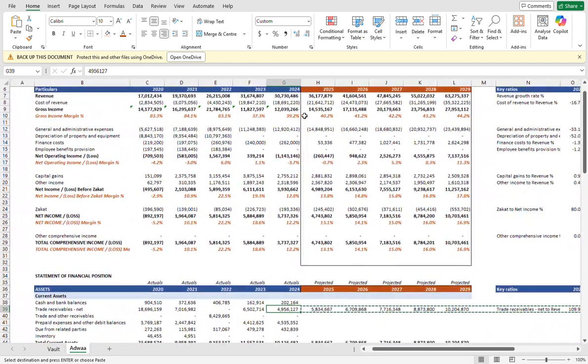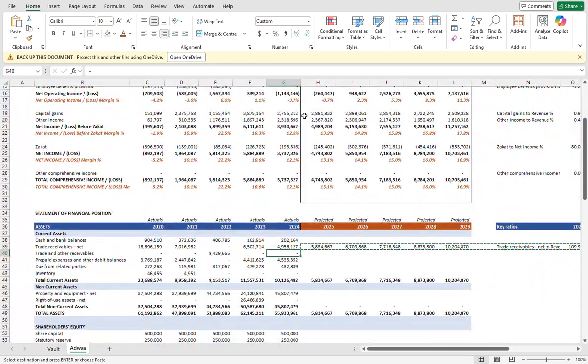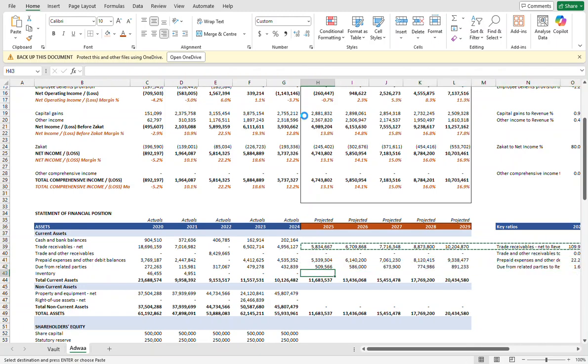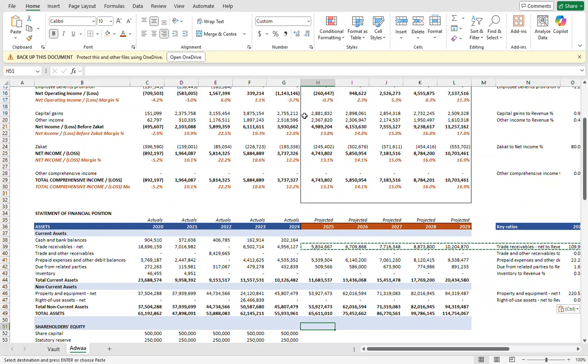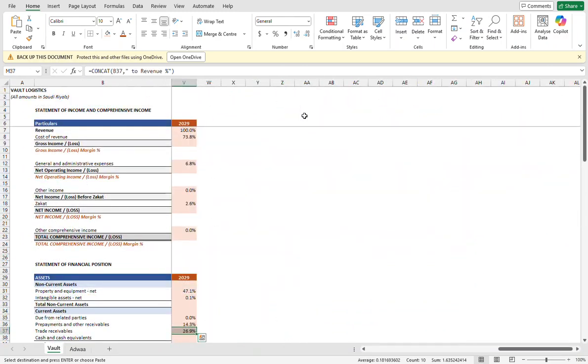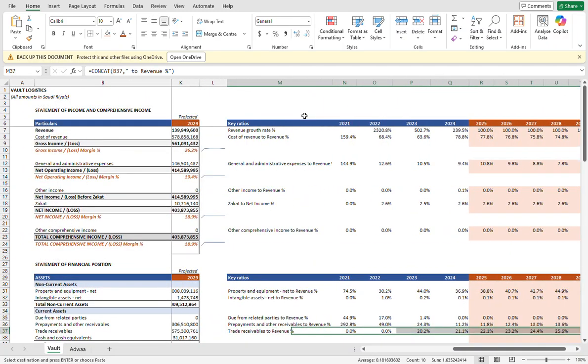And paste wherever we think that the values will be different. Share capital will be a change as we did in